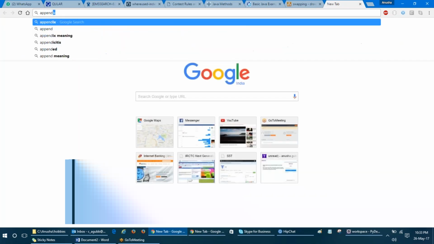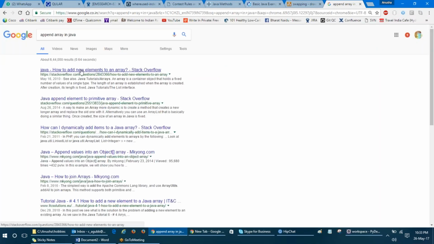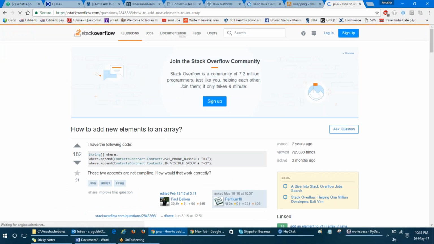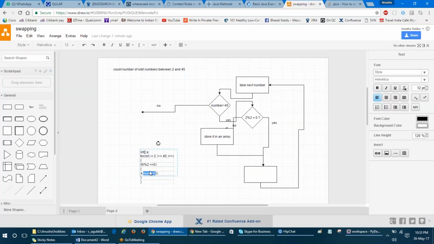So I would say append in Java. Wait, append for arrays, right? How do I add new elements to an array? So this is like add. So the function for add literally is I. So by the end of the program, I will do,